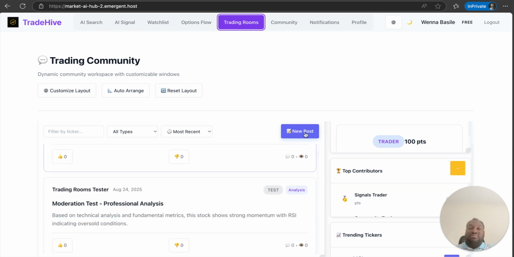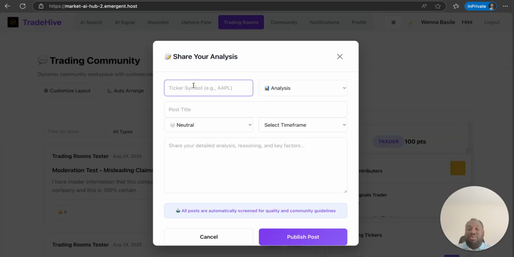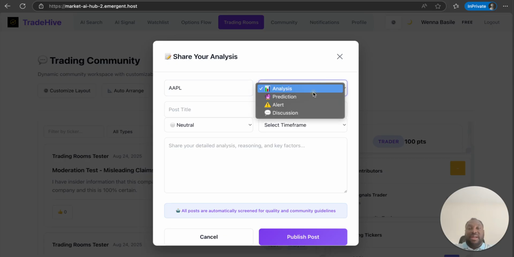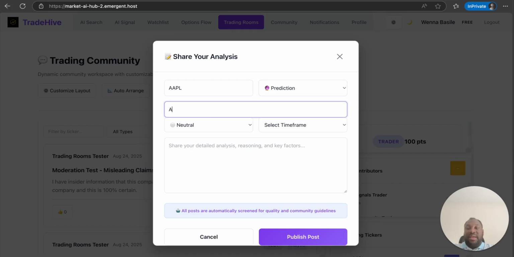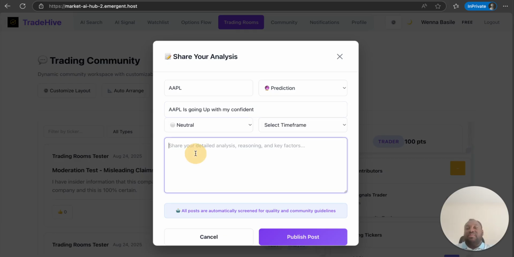You can really put a post, like, hey, Apple is going up, do some analysis or predictions, and then post it, Apple is going up, with my confidence. You post it into this community and describe what you feel. So it gives people a voice, and that voice will transform into a model that's going to continuously rebuild the app from a community mindset standpoint.